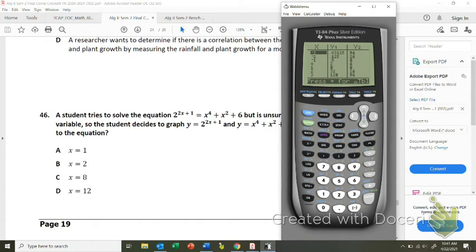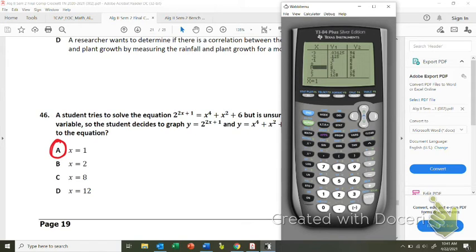When we go to our table, we are looking for a value of x where we have the same y. The only one I see that has the same y is when x equals 1. We have an 8 here and an 8 here. So since we have an 8 in both y1 and y2, the problem asks, what is the solution? Well, if you notice, all of your solutions are just in x. So the only correct one would be